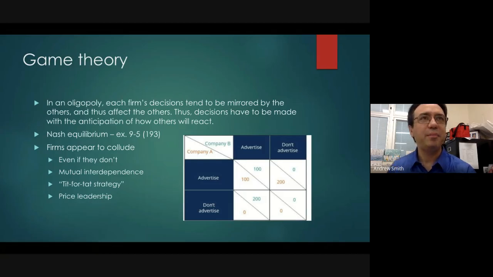We see this all the time in sports. I'm a big football fan, and the one thing I love about football is you see game theory every play. The offense is trying to trick the defense, and the defense is trying to trick the offense, right? They don't want to reveal their hand, what they're going to do before the snap. A lot of times the offense will call a play based on what it thinks the defense is going to do, not necessarily what's the best play for the offense, but what's the best play for the offense based on what it thinks the defense is going to do, and vice versa.